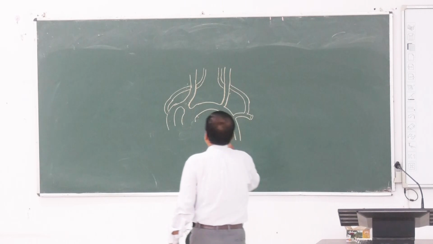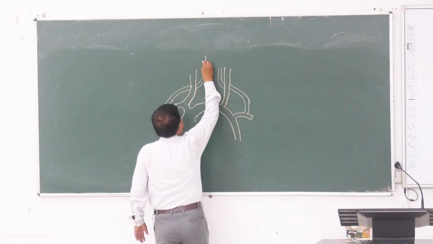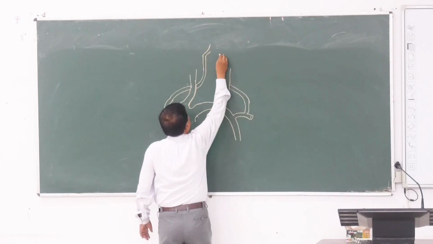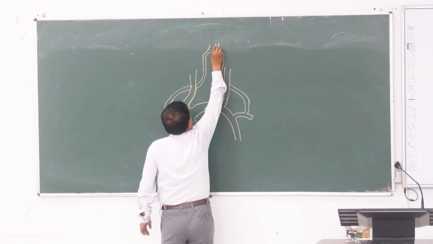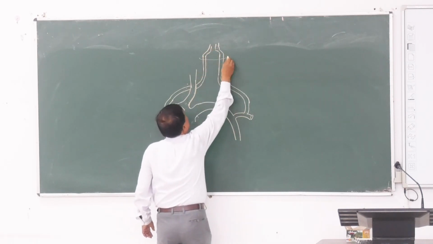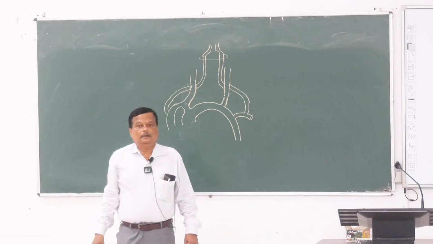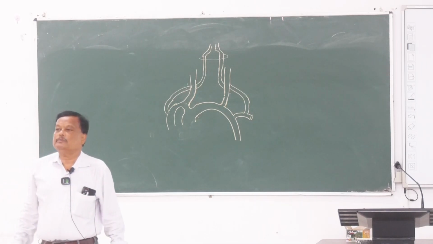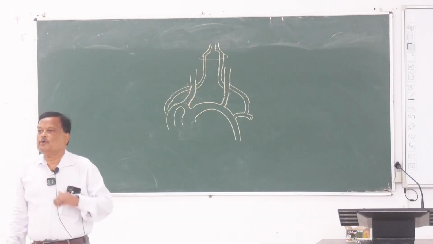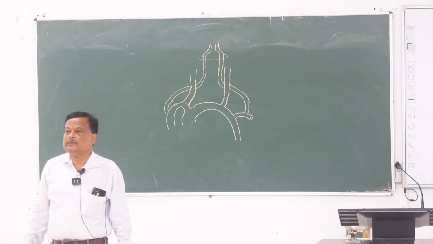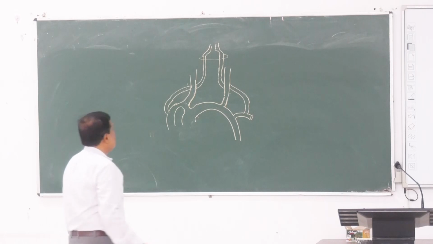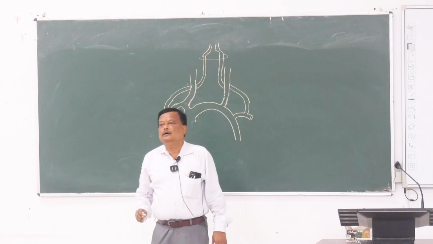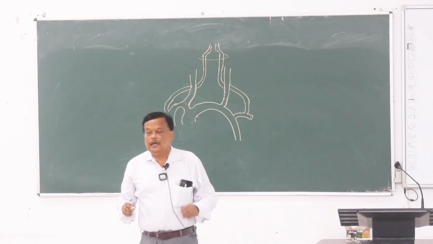So it goes up through the foramen transversarium, through the foramen magnum, where at the lower border of the foramen magnum is situated the lower border of the medulla oblongata. So it enters at the lower border of the medulla oblongata and proceeds up anterior to the medulla oblongata, and just